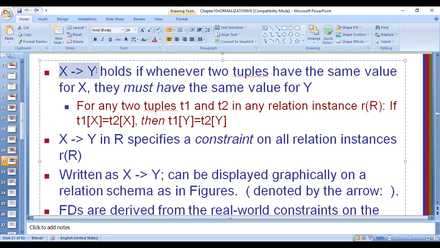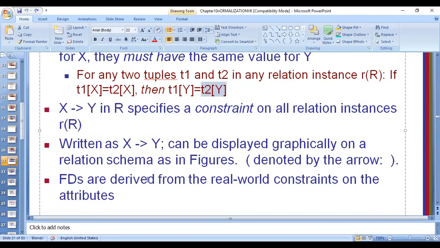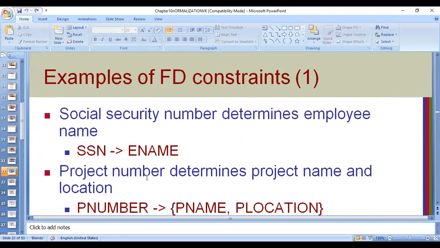X functionally determines Y holds if whenever two tuples have the same value for X, they must have the same value for Y. So this is mathematically put like this: for any two tuples T1 and T2 in any relation instance R of R, if T1 of X is equal to T2 of X, then definitely T1 of Y must be equal to T2 of Y. Got it? So this is how functional dependency holds.